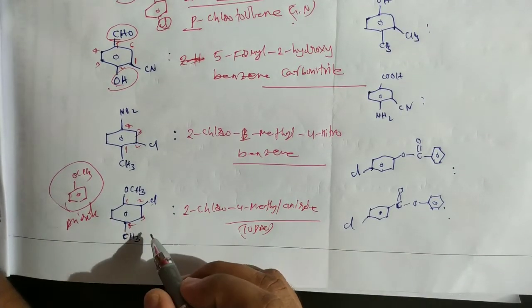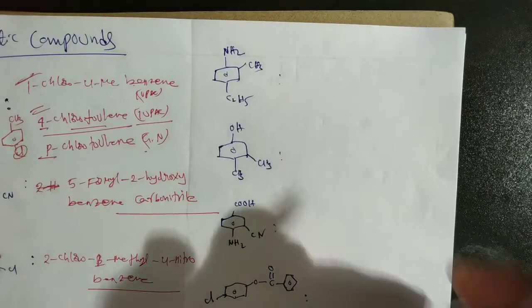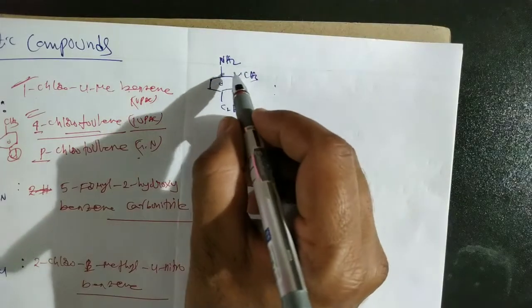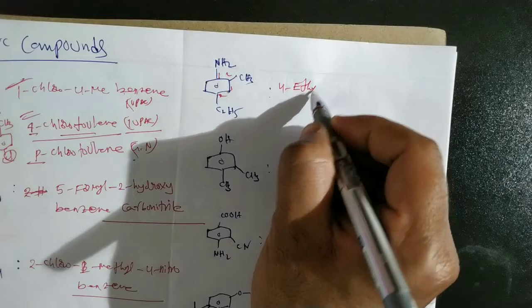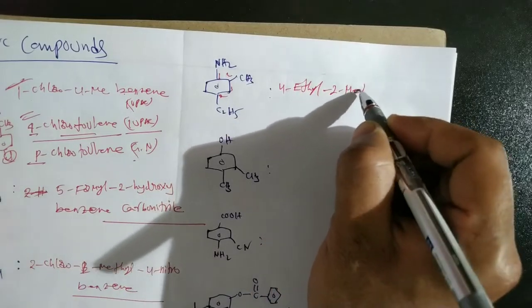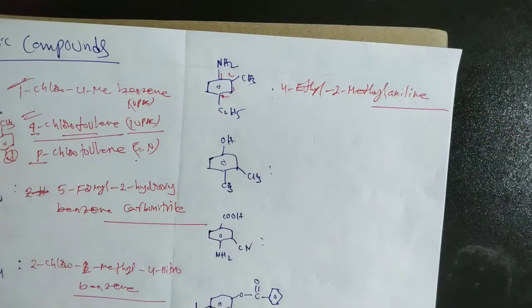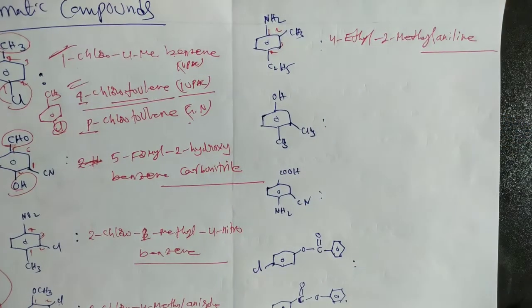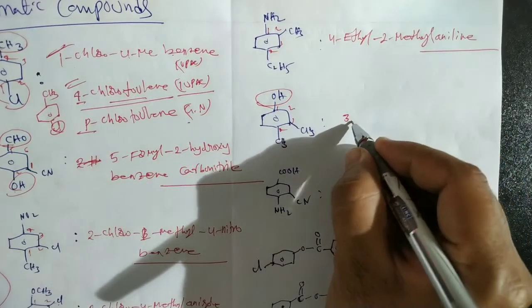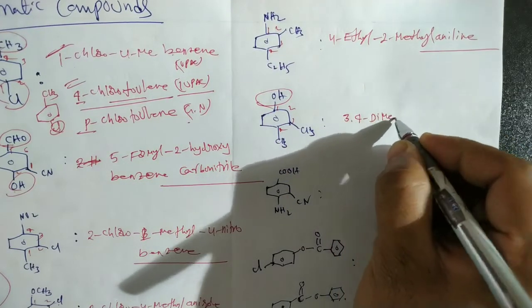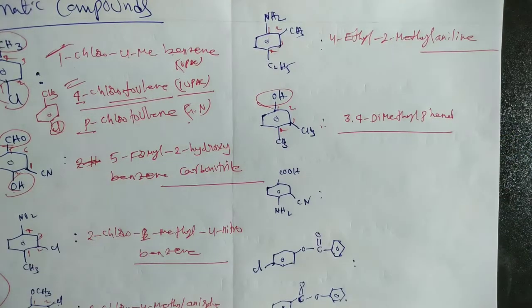Okay, this compound is given in the first year NCERT book also. Next, in this case if there is the NH2, that is known as aniline. So 1, 2, 3, 4, so here 4-ethyl, 2-methyl, 4-ethyl-2-methylaniline. We can use aniline in IUPAC nomenclature. Now in this case here 1, 2, 3, 4 is actually phenol, that means 3,4-dimethylphenol. It is also the IUPAC name of this compound.